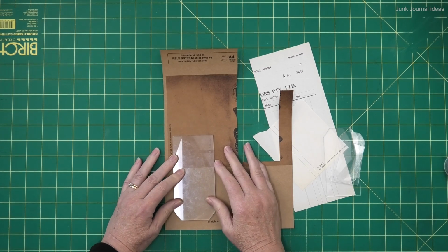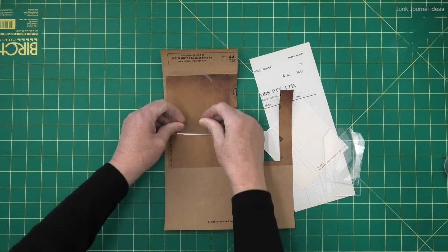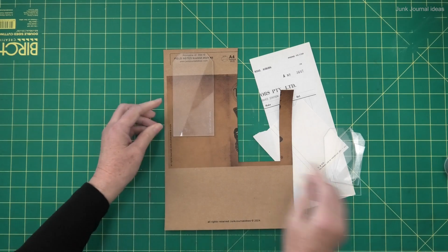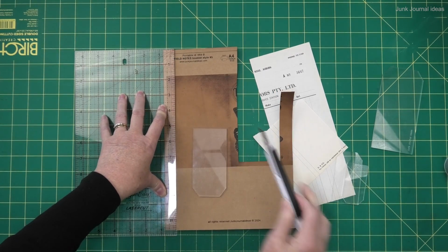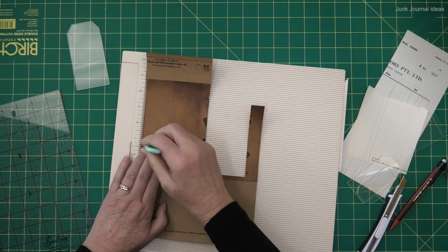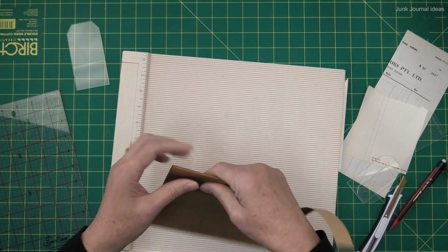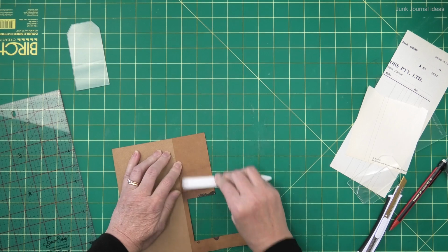This is one of the sheets that didn't work out. So what I'm doing is I'm just going to cut this piece off down one side, and I want my card to be a little sturdy. I'm going to double it up. So I'm just going to score it across the center and fold it in half. Then I'm going to lay my template